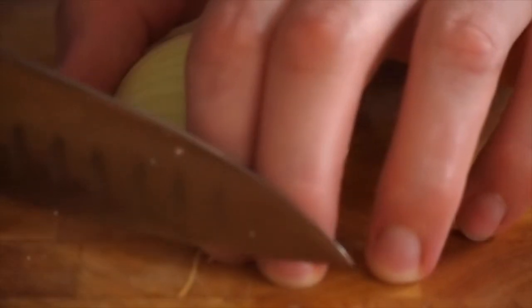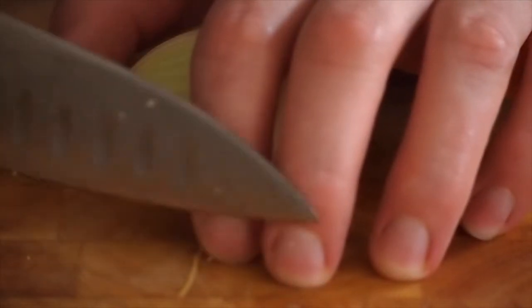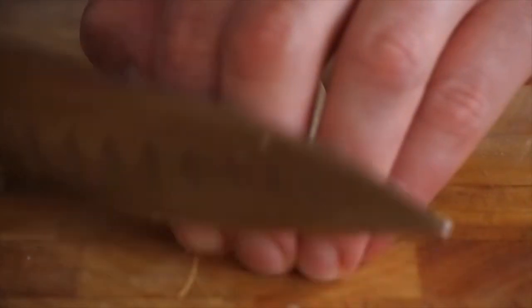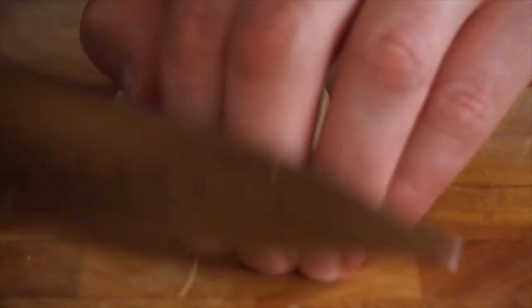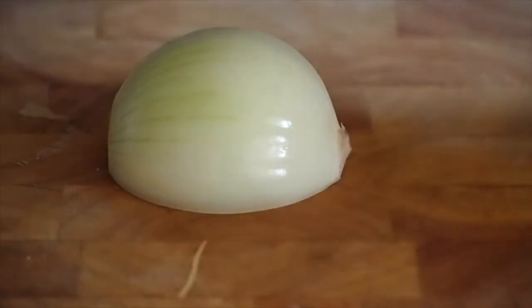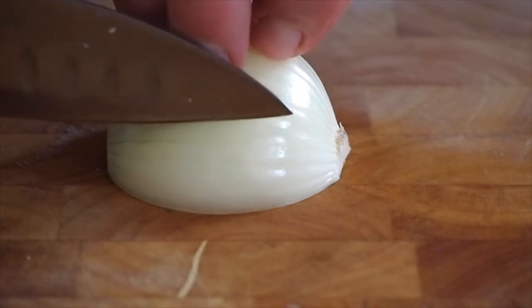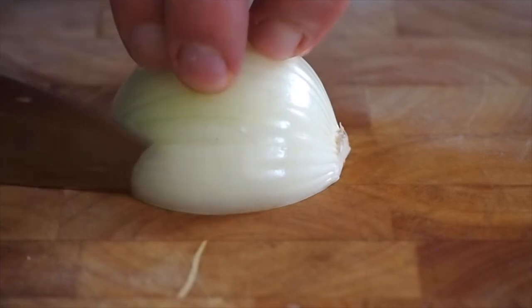This part of your finger doesn't get cut by the knife. Where your finger and your nail meet, you can cut like that all day long. You can practice like this and you'll never cut your finger on that part. So the next thing we do is we hold our fingers on top of the onion like this, and all you're going to do is nice and finely, you're going to go in